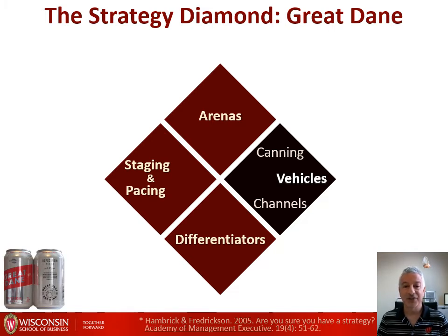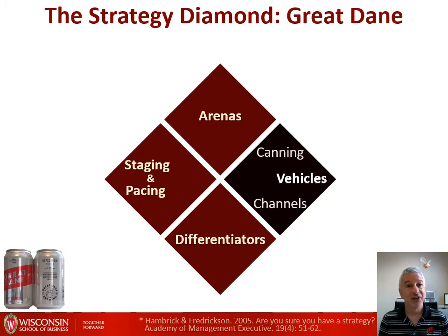And so these are things that they would have to figure out. And they have the question in terms of vehicles. Should they learn to can their beer internally, or is that something that they should contract with a supplier, an existing beer producer perhaps, to can on a larger scale? And that is the question that you have with most vehicles: exactly how is it that you're going to acquire the resources? Do you need to have it in-house, or do you need to find a supplier for that resource?